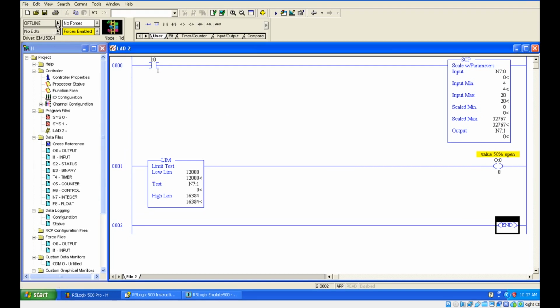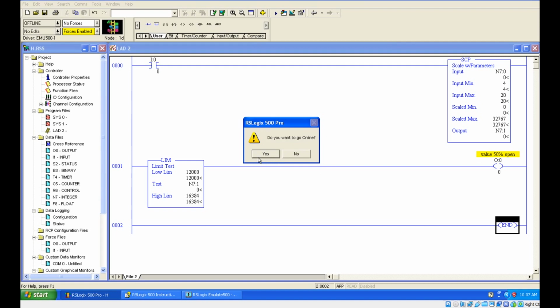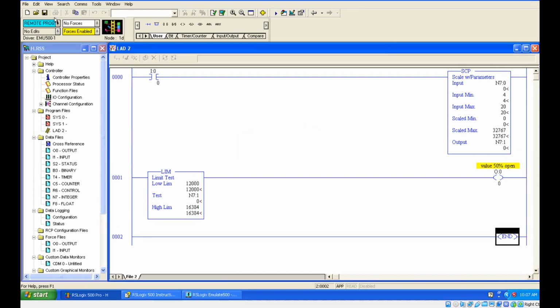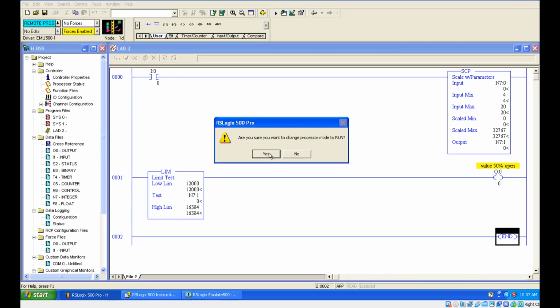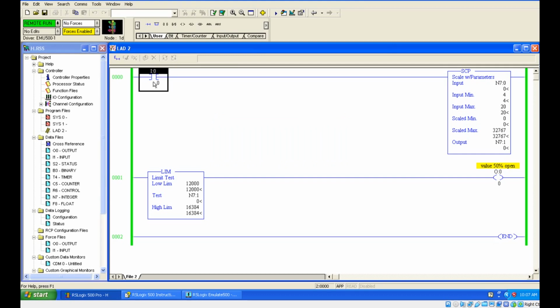So just go online. Just turn on this. Now check, just give 4 or 5. So it is giving this value. Okay. So in this case, the valve may be 100% open. You can write one more limit test.